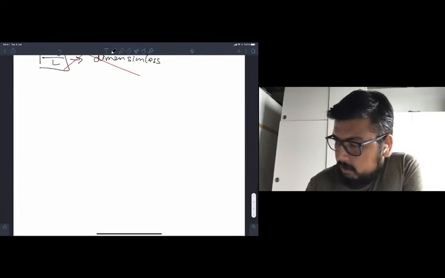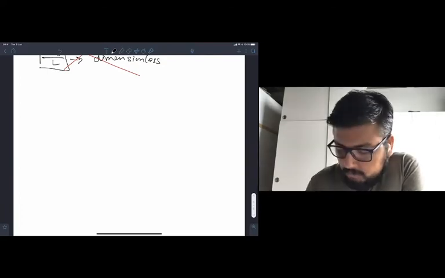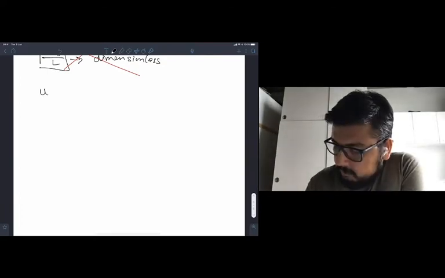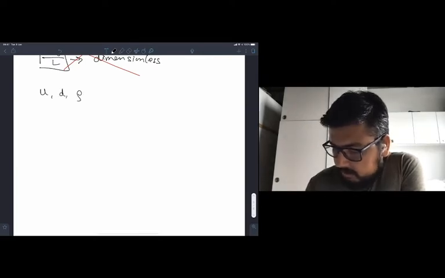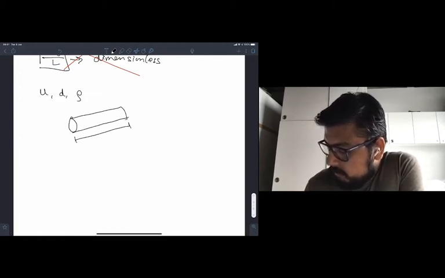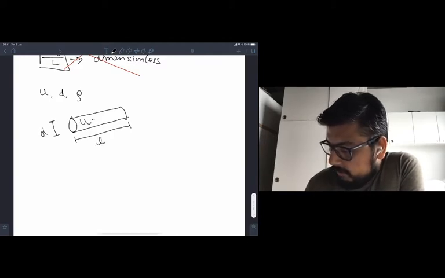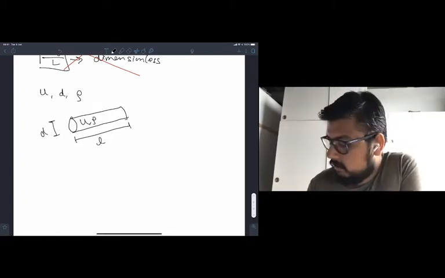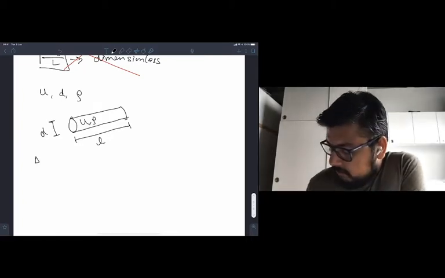For this particular problem, I'm going to choose the diameter, velocity, and density as my repeating variables. So then what is left is delta P,